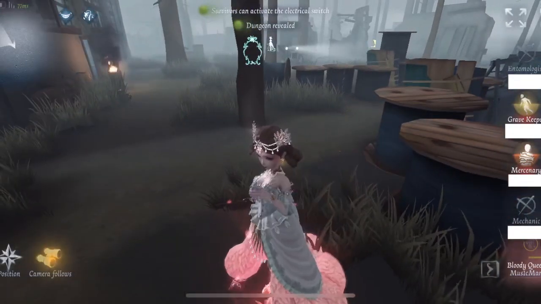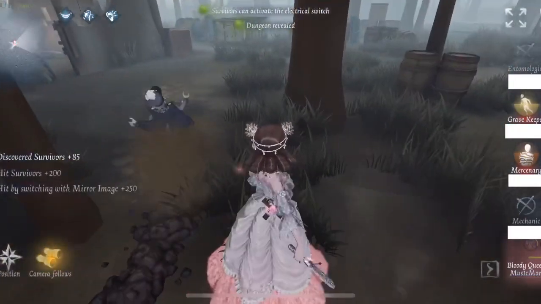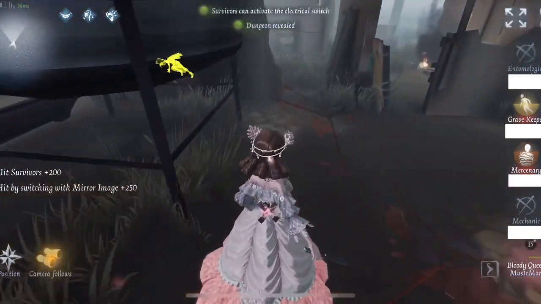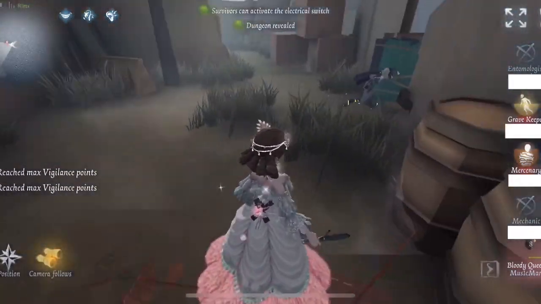I end up mirroring over there to see if the dungeon's over there, and being that the switch happened, I know that the Gravekeeper is around here. Just going to get rid of his shovel there. No, okay, I've got all the time in the world. I think I know where the dungeon is at, and